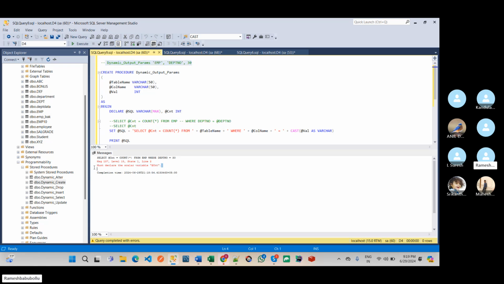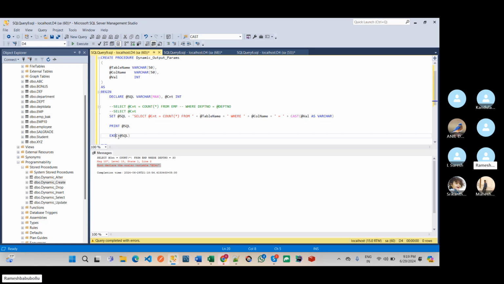So here I am capturing the count value from dynamic SQL, taking this count value and storing it into the count variable, and again taking that value. The syntax is exec